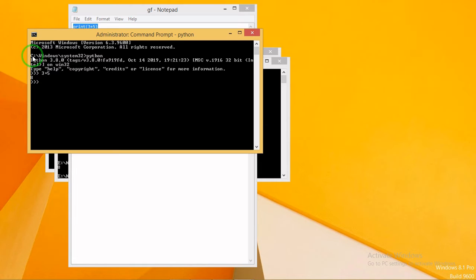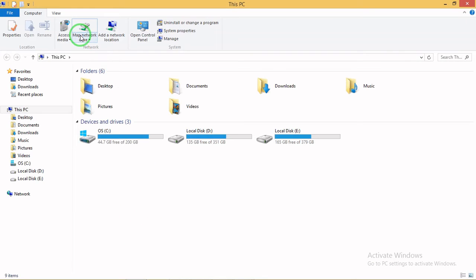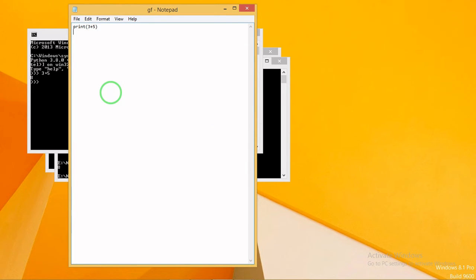Now I will tell you about identifiers. An identifier is a name used to identify a variable, function, module or other objects. Identifiers have to start with a letter from capital A to capital Z, or small a to small z, or with an underscore.